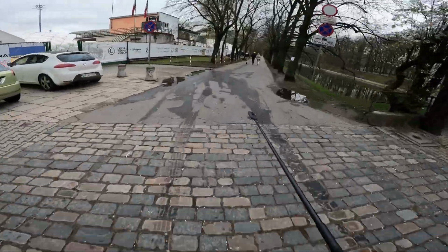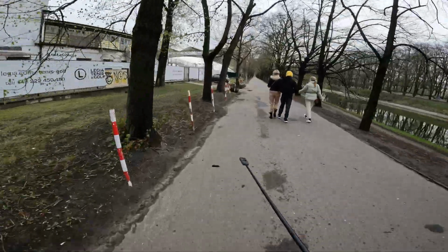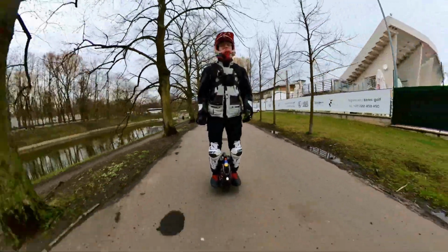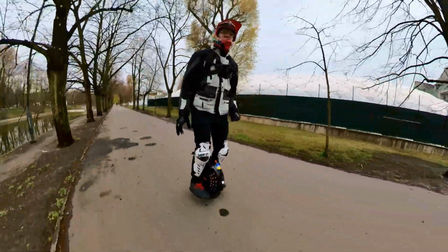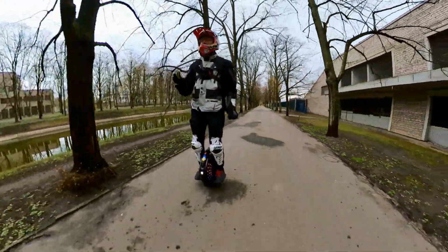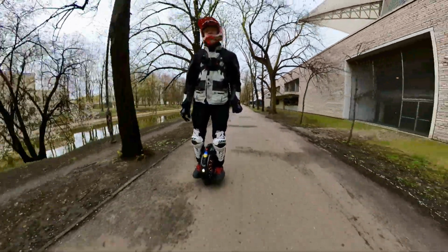I'm really happy to check out a smaller wheel again. I've been recently testing the big chunks, and it's really refreshing to have a small wheel again. And I think the thing that I like most about the V8s is its practicality for small distance cruises and commutes. If you want to get into a store, it just can't be simpler than on the V8s, because